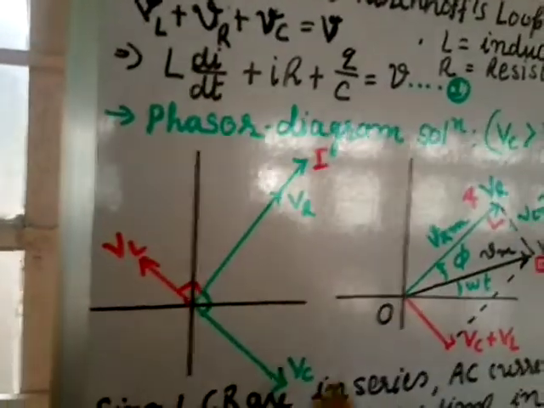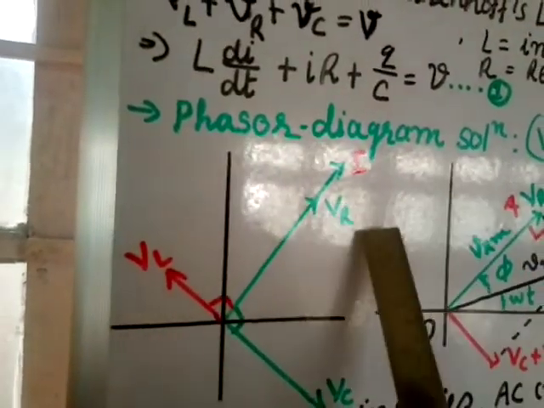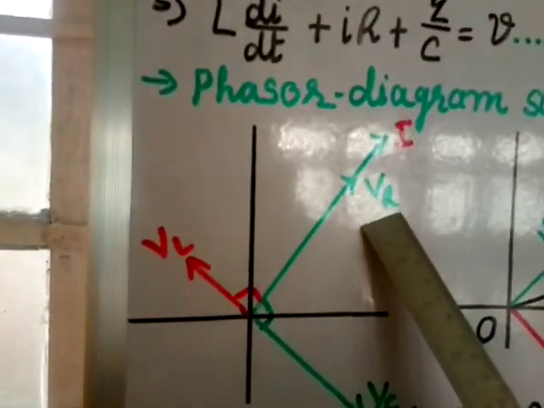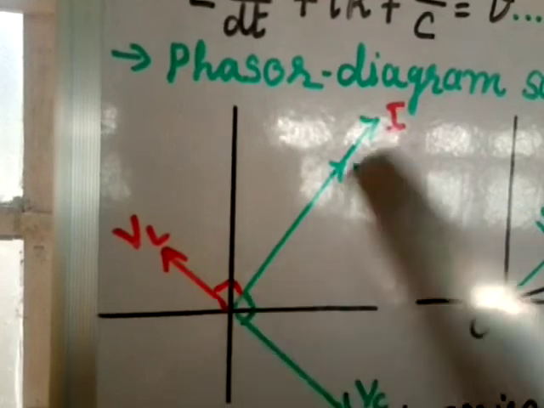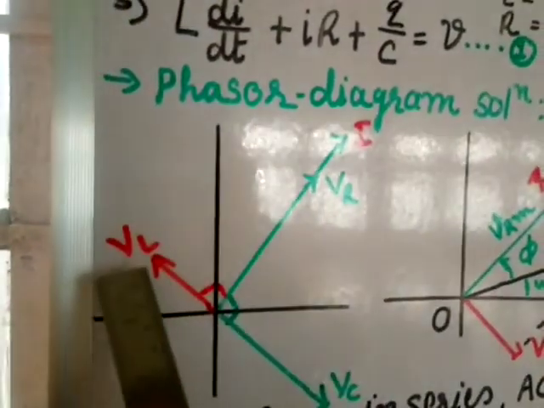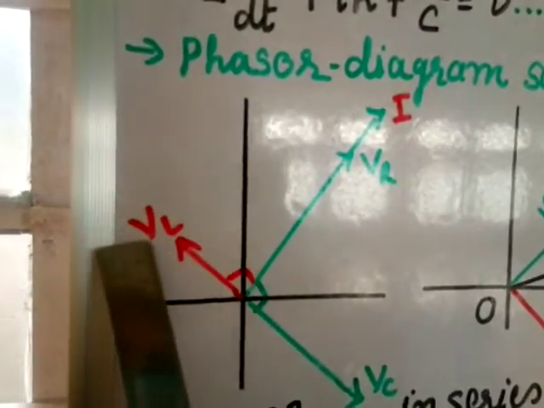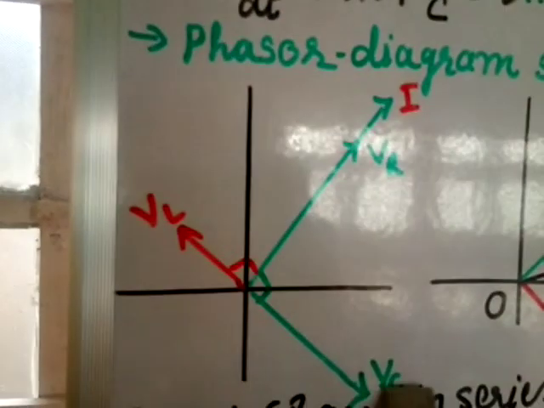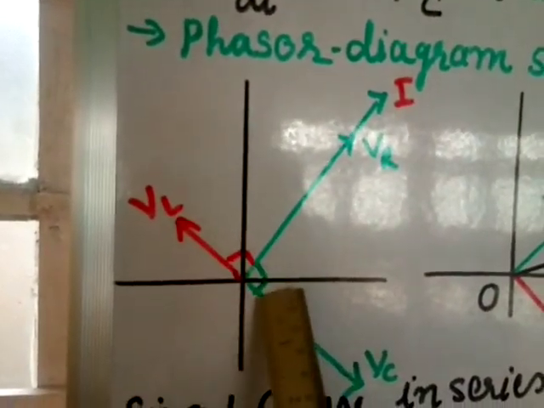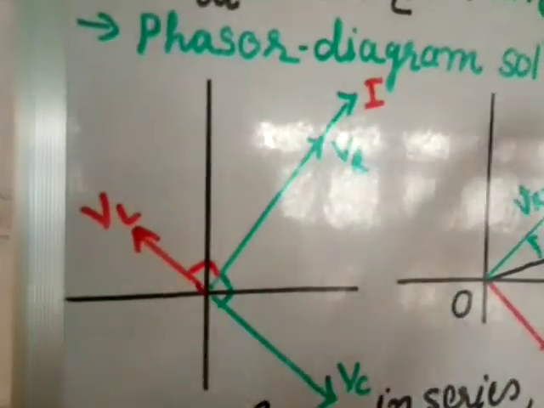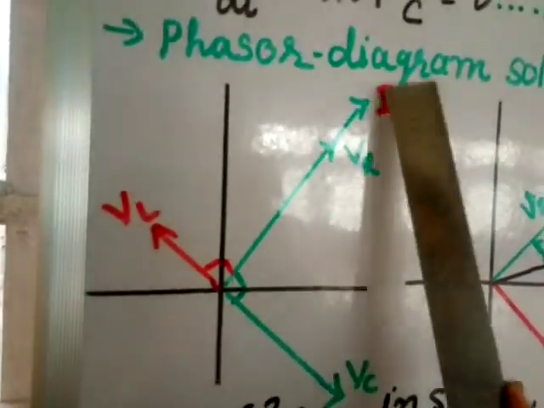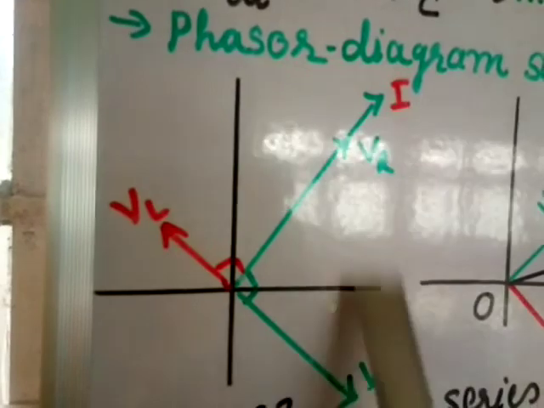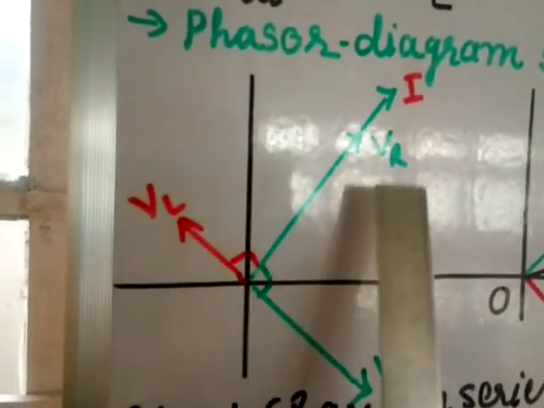We have already studied all the circuits separately: the pure resistor, inductive, and pure capacitor circuits. For a pure resistor circuit, voltage and current are in phase, so they are parallel. For an inductor, the current is lagging behind the voltage by 90 degrees, and for a pure capacitor circuit, the current is ahead of the voltage by 90 degrees. So you can see here 90 degrees, here 90 degrees. The phase difference for a resistor is 0, and for capacitor and inductive circuits it is 90. For the capacitor the current is ahead of the voltage, and for the inductor it is lagging behind the voltage.